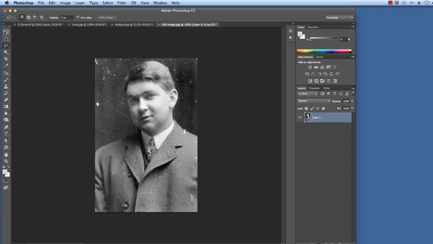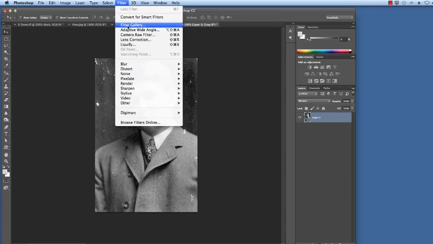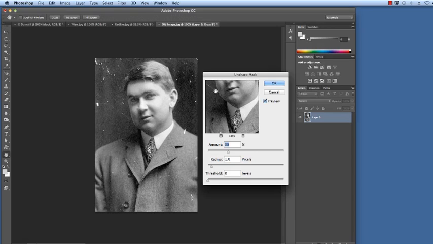Another one is if you go under filters, there's something called sharpen. There are a few of these right here. Let's look at this one. There's that smart sharpen right here. Unsharp mask. Let's look at unsharp mask. This one,